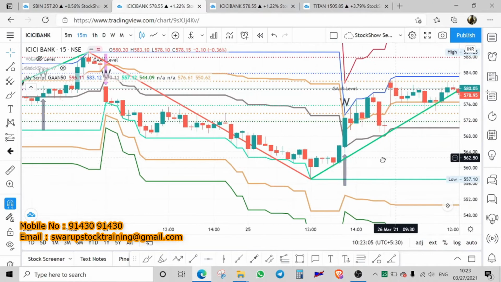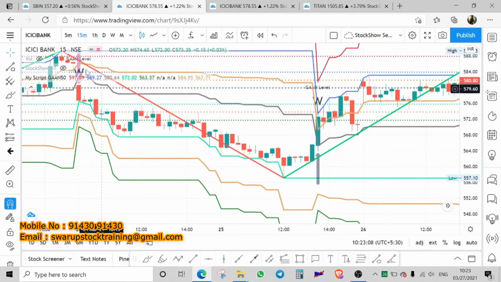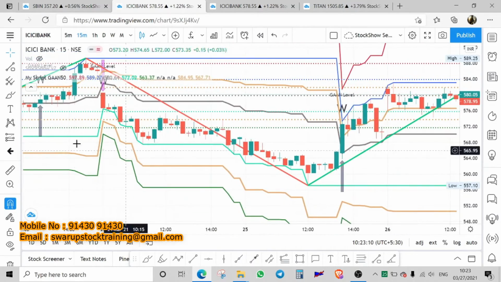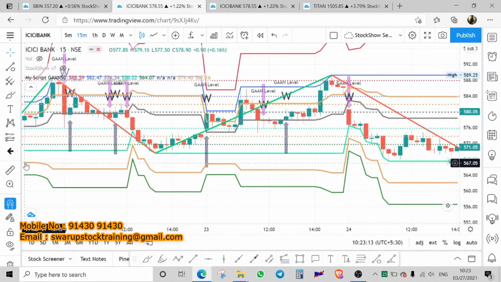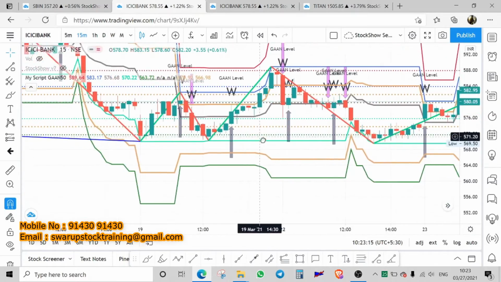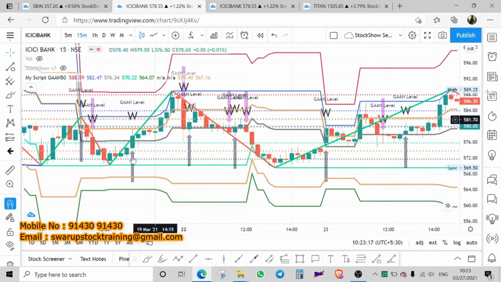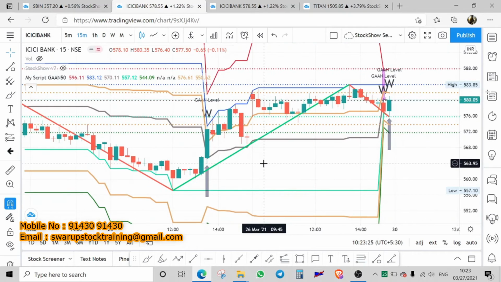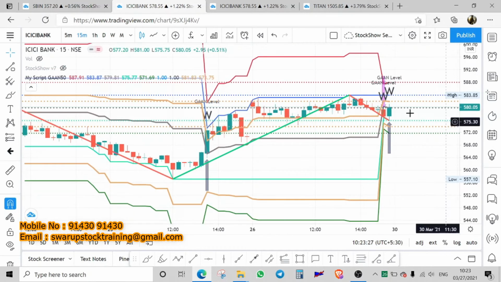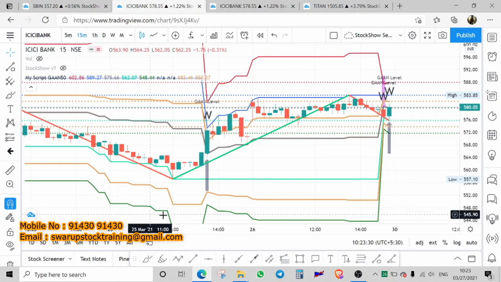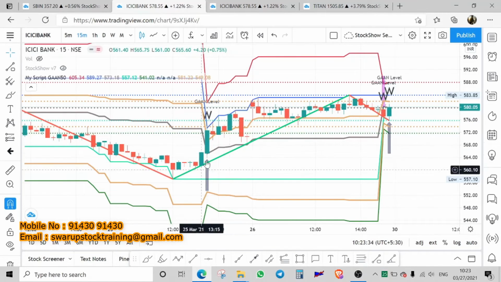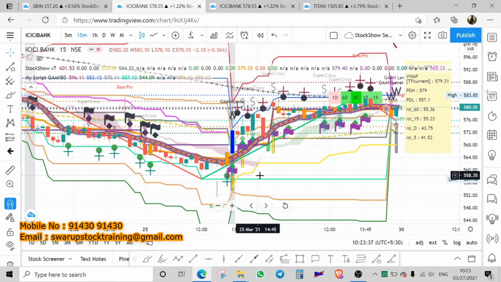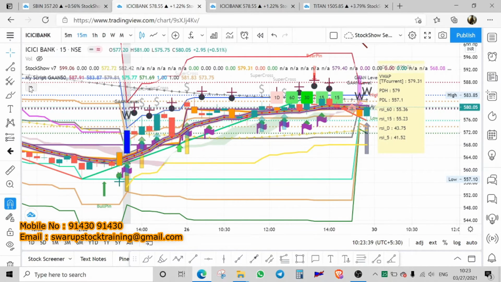But you have to be patient. The stock will go up and down, but once we get this kind of move, it generates a big move. So therefore you know what kind of move we'll get, because each swing is a big swing. Okay, so this is how we have traded. 33,000 is not at all a problem. Along with that, we are not using volume, RSI, or any indicator. If you switch them on, that will add more to your confidence, right?